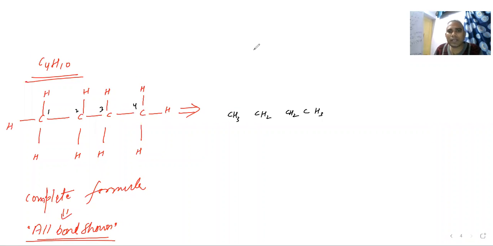Now, you got to know that the carbon valency is 4. So if 3 hydrogens are there, that is 3 bonds, so one line will be there here, making 4 bonds. With 2 hydrogen, 1 bond. So here will be a line, here will be a line. So that is 4 bonds.